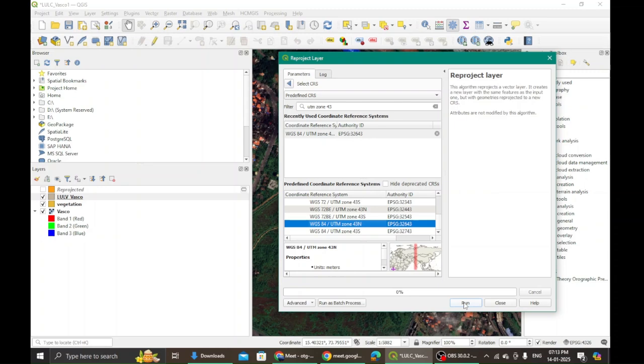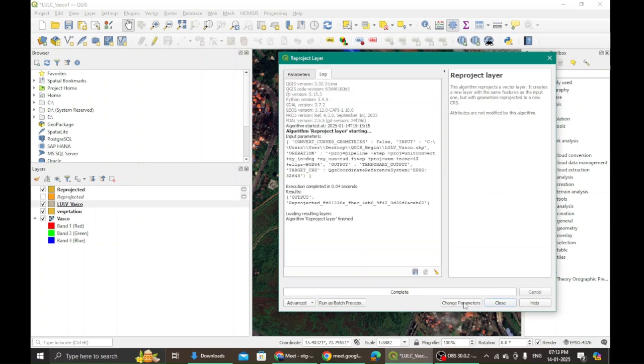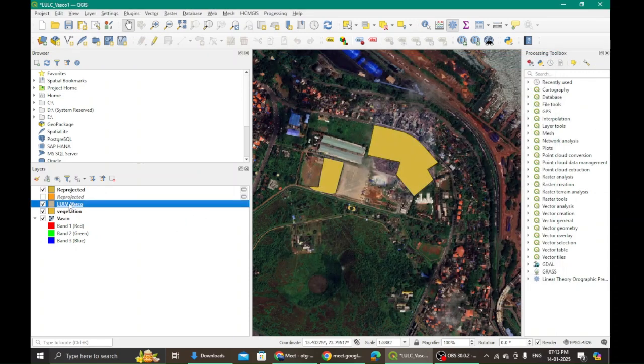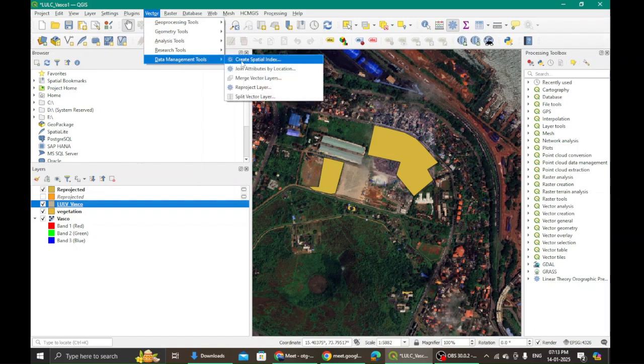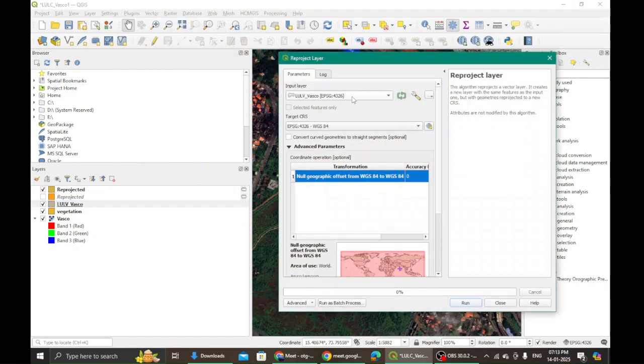Now run. A participant asks: in layer properties, what do we have to select? The source file, the assigned CRS? Yes, correct. After that, what do I have to select, the project CRS, the file that I want to reproject?